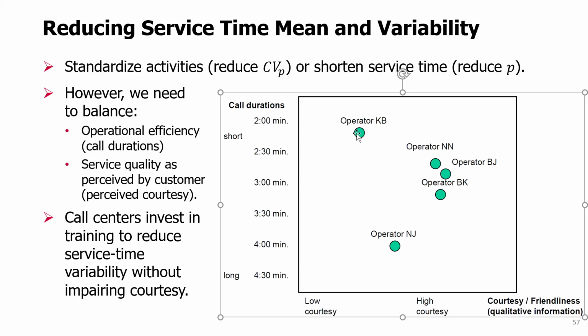This one is also efficient because its call duration is much better than those, but it's much less friendly. And at least this operator is very efficient, but perhaps the call center managers would prefer that his friendliness improves and perhaps at the cost of